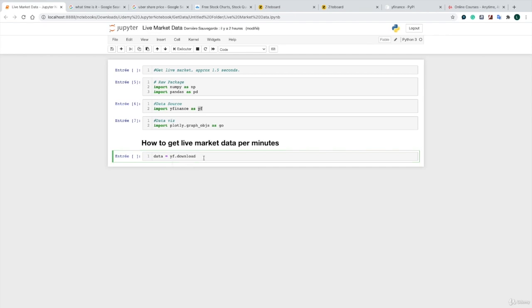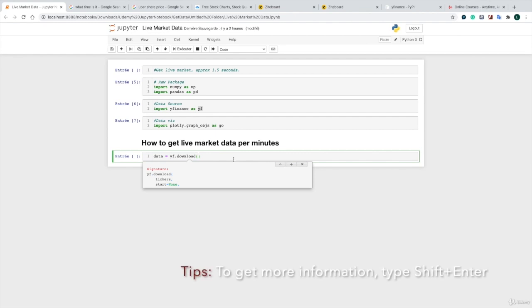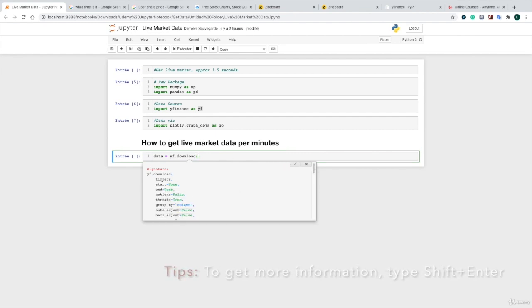And inside this function download, if you look at which arguments are required, the first argument is going to be the tickers. That can be either a ticker or a list of tickers, but it's at the end of this video that we are going to look at how to get multiple tickers at once. Then the start date and end date. This methodology is going to be similar to Pandas Data Reader, which means you're going to have to set up a start and end date. But in order to get live market data,